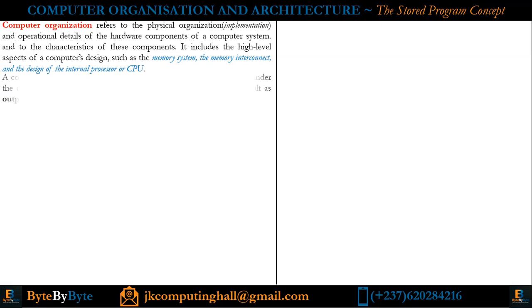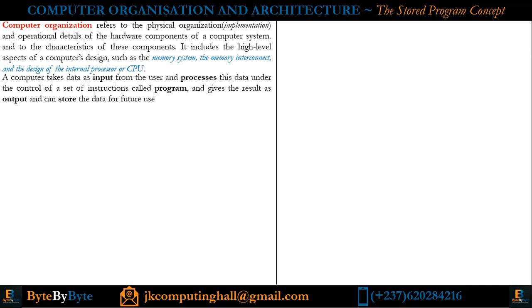these components. Now, a computer takes data as input from the user and processes this data under the control of a set of instructions called programs, and gives the result as output, and can store the data for future use. That is exactly what a computer is doing in simple terms. It takes data as input from the user, it processes the data under a set of instructions. We call those instructions programs or software, and it gives the result as an output, or it can store it